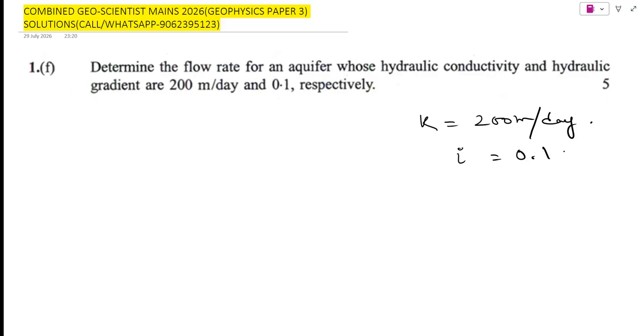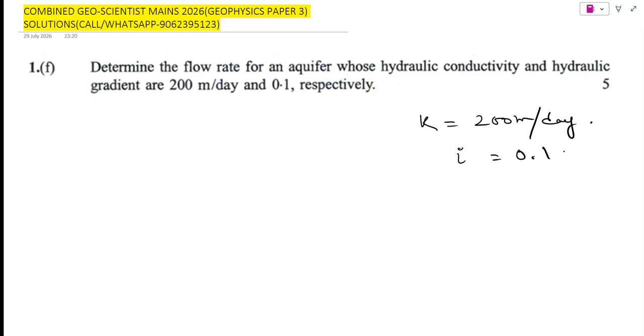Now, here is an important observation. The question has not provided the cross-sectional area of the aquifer, right? So that means they are asking for the Darcy velocity rather than the total discharge. So this is a common trick. Now, tell me, if water flows through a sponge, does every drop move through the entire sponge? No, water flows only through the pores, and similarly the groundwater moves through the tiny pore spaces of the rocks, and Darcy's law tells us how fast groundwater appears to move through the whole aquifer,